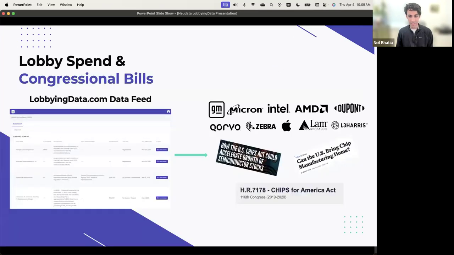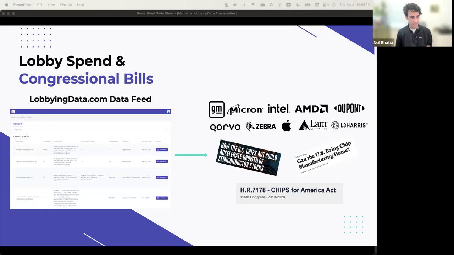So I'm going to go back in time and look at the CHIPS Act. We tracked every company lobbying on the bill in real time. And this is from about a year or two years ago, so we're just going on a retrospective basis, but this allowed our users to quickly identify any potential opportunities with firms that supported this bill, the CHIPS Act, such as which one could receive an advanced manufacturing tax credit and who sought to secure funding from the CHIPS Act. This is basically to bolster the semiconductor industry in the US.